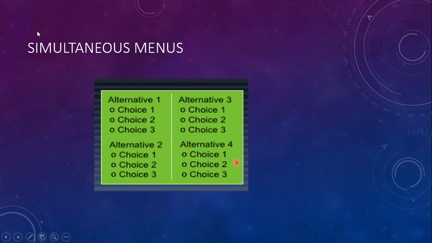Whenever you have to display this menu list on a small device, consider a mobile, if you have a lot of menu lists, they may not be visible to the users. The menu list will be all cluttered on the single screen. So that is one of the disadvantages of simultaneous menus.